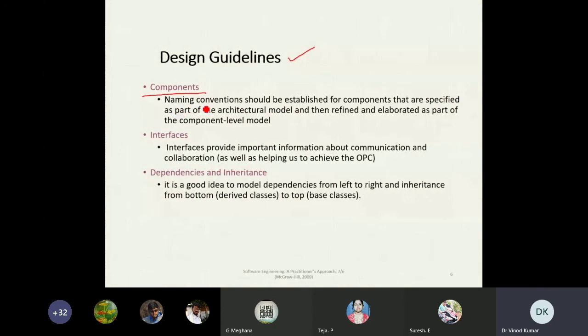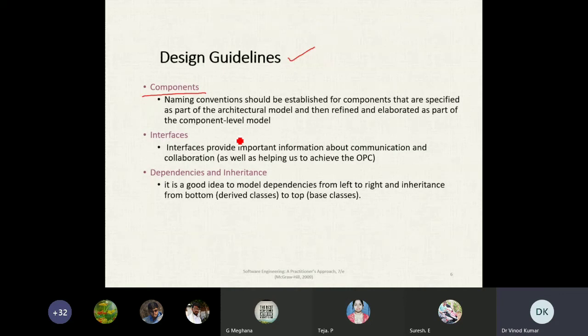Components: naming conventions should be established for components that are specified as part of the architectural model, and then refined and elaborated as part of the component-level model. Naming conventions are very compulsory.